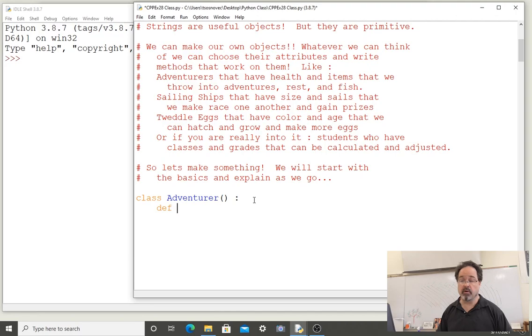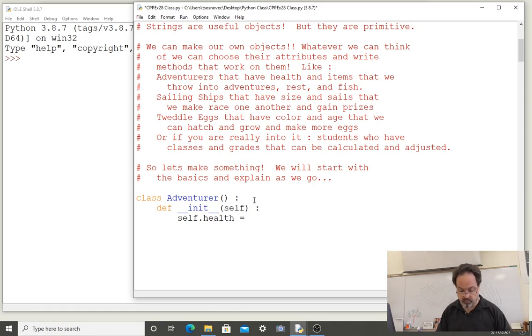I'm using a new keyword called class. My class is called Adventurer, much like I would define a function and then name the function. Then in the code block of this class, so that what I'm writing in the code block belongs to the class, is the definition of a function. And this function is very particular, it has a very particular name, double underscore init double underscore, and its parameters have the word self. And I'm using that word